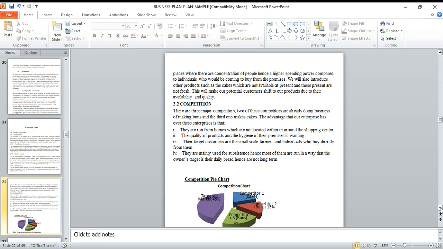One, they are run from homes. Number two, the quality of product and hygiene of the premise is one thing. The target customer is small, and they are mainly used for subsistence. Hence, most of them are run in a way that the owner's target is their daily bread, hence they are not long term. So I've represented this in terms of a chart,